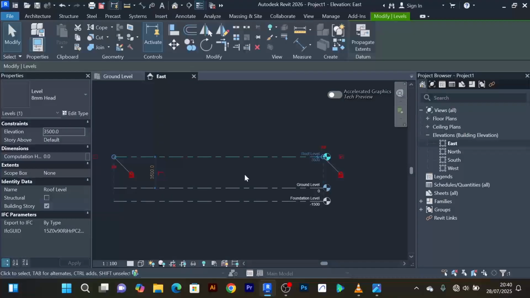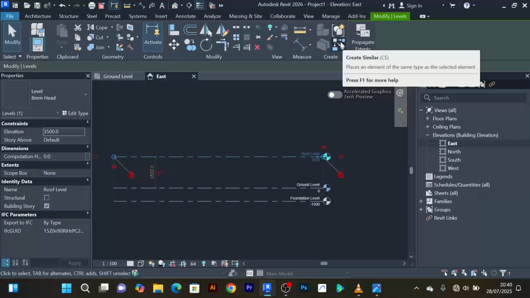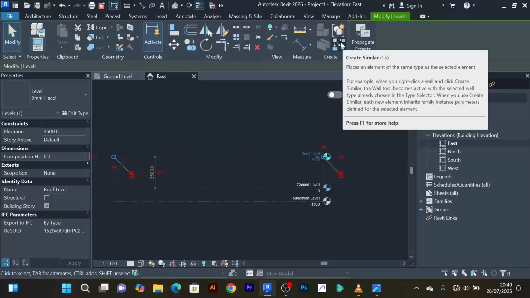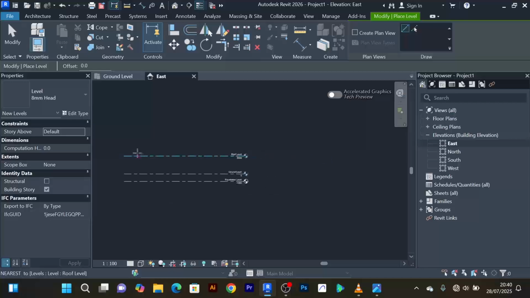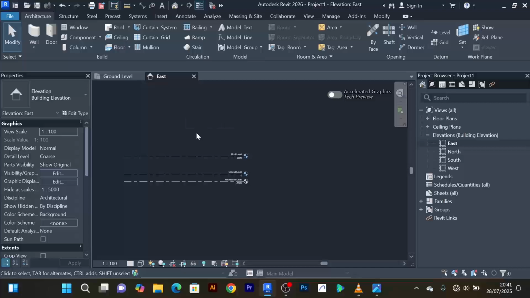You click on this, then you come to this tool that says create similar, and the shortcut is CS, and it will still allow you to draw something new, but the same, you are creating a similar component that you have already selected. So these are the ways you can create a level